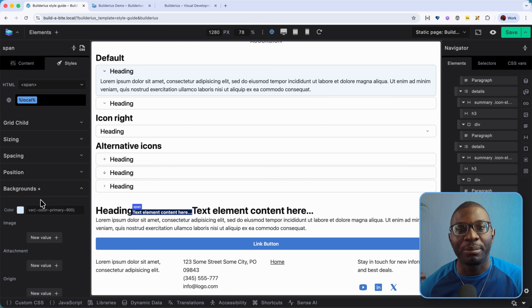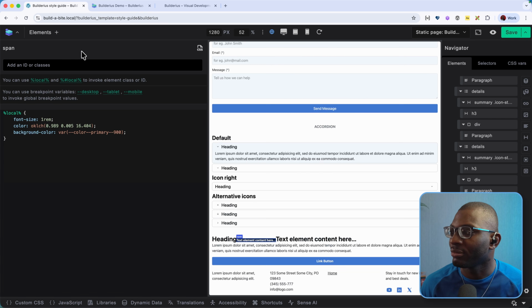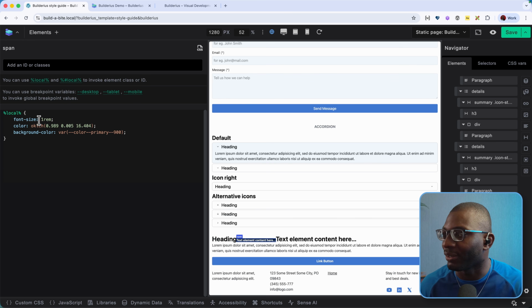The other nice thing about Builderius is that you can either put your styles visually, like I've done here, or if you are more of a developer, you can write your styles in code, and everything is synced together. There are no magic areas whereby some styles live in code and other styles live in the visual builder. Everything is synced together. So if I go into the code, you can see all of the styles that I applied visually. So I applied the font size, I applied some color and some background color, and everything is in